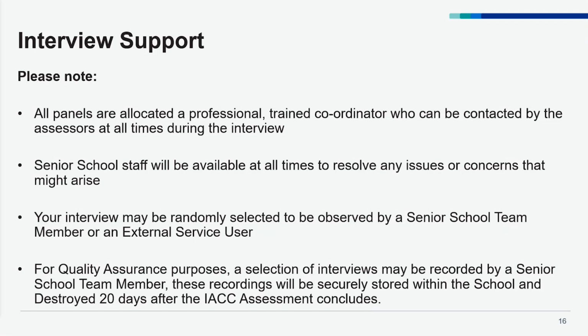Your interview might be randomly selected to be observed, as stated before, and again, you will not be interrupted and you will not be distracted by them being there. And we will, if necessary, record your interview, but those recordings are held securely within the school. They are not shared. And they will be destroyed 20 days after the IAC assessment concludes, which then coincides with the end of any of the appeal windows that may occur.